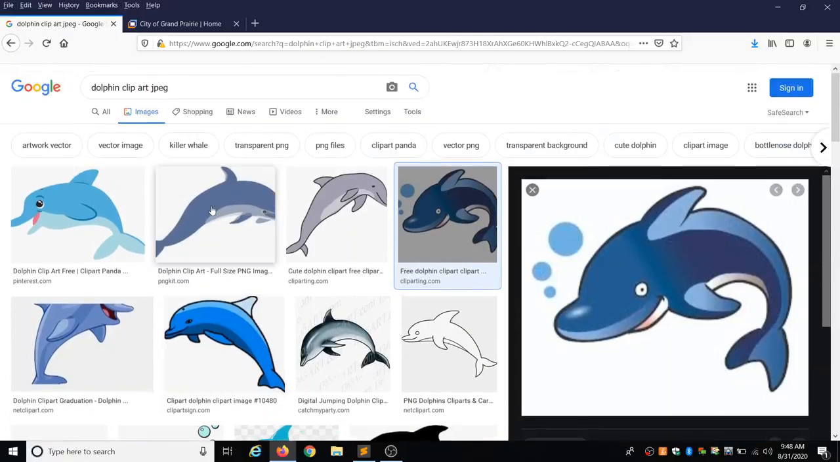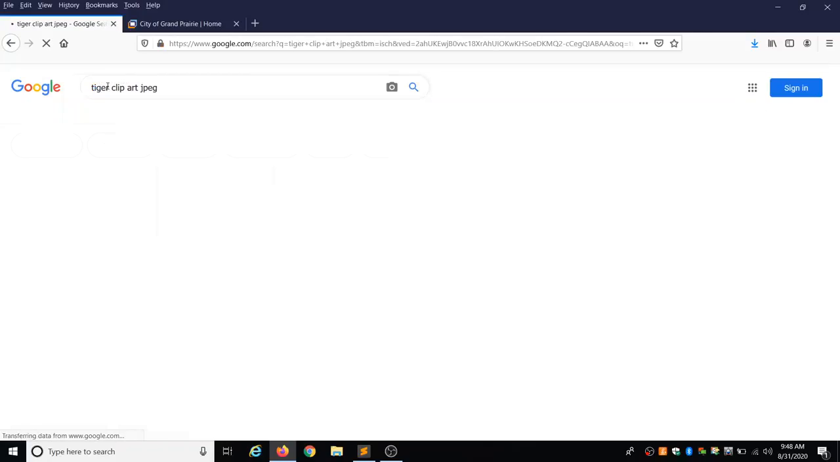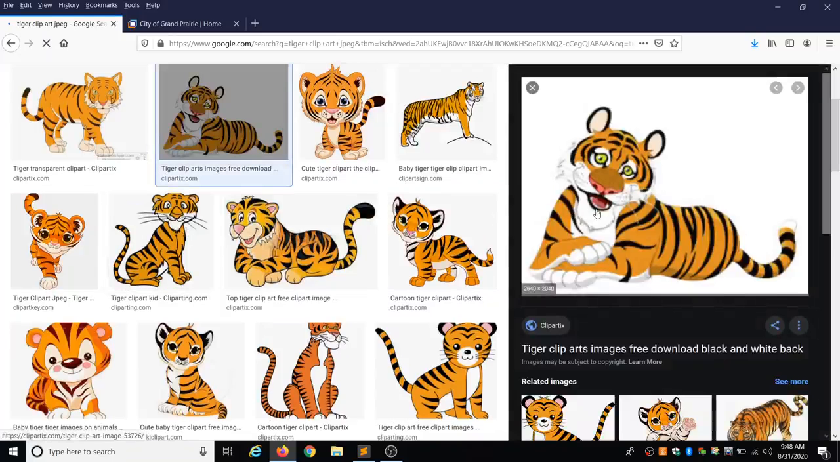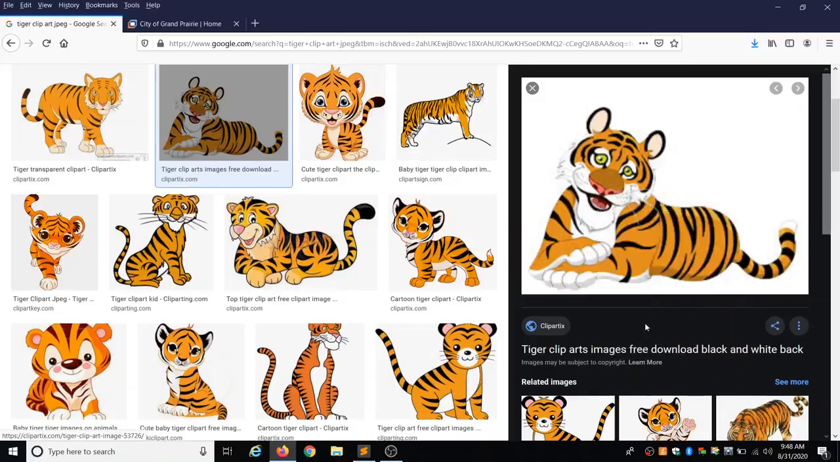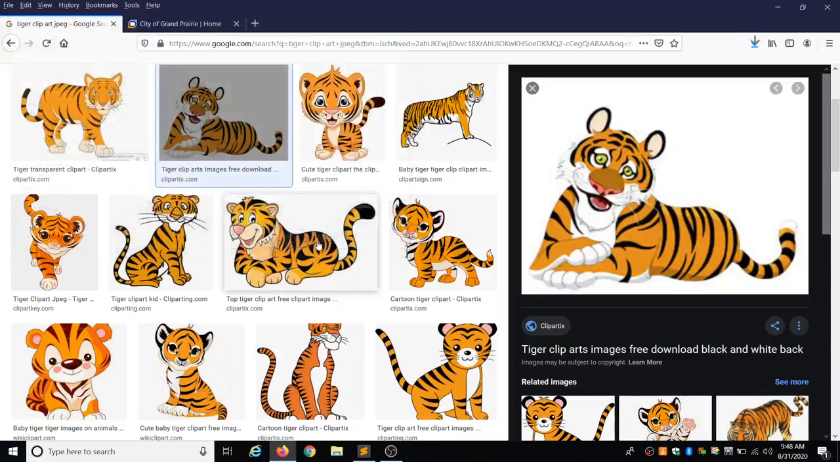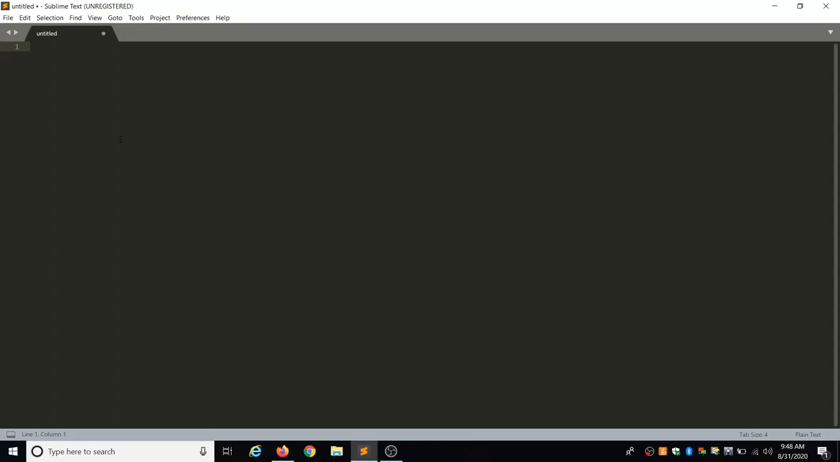And then I'm going to do one more. Let's make a tiger. Ooh, T-I-G-G-R. Well, I like his face. So let's see if he works. Save image as. Yay, he does. So we're going to go over. We're going to name him tiger.jpg and save. Cool. I'm going to go back to my text editor and I'm going to write the HTML